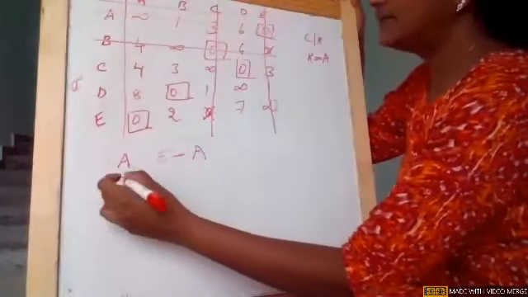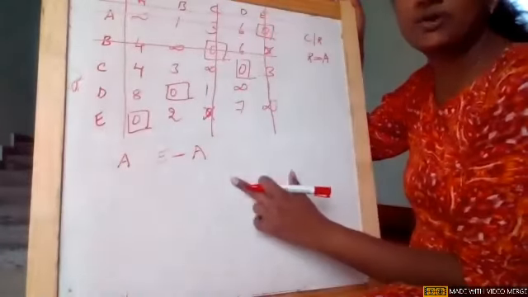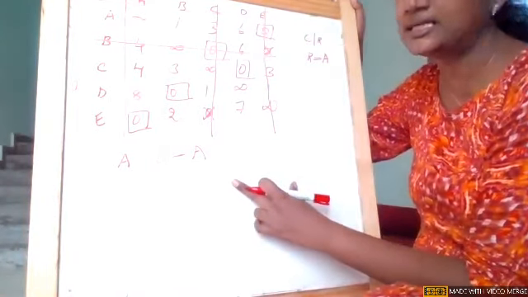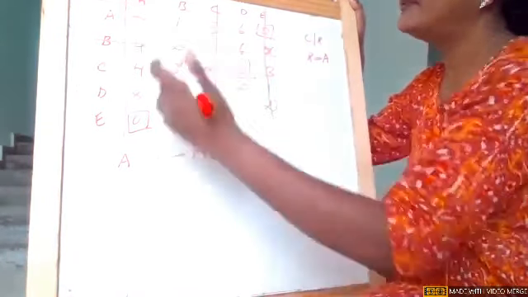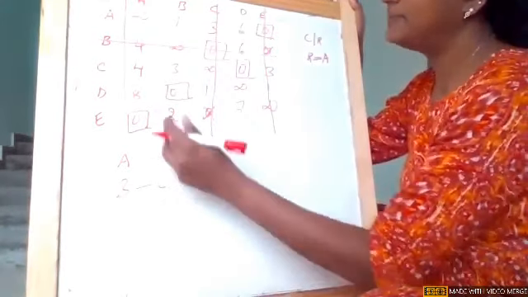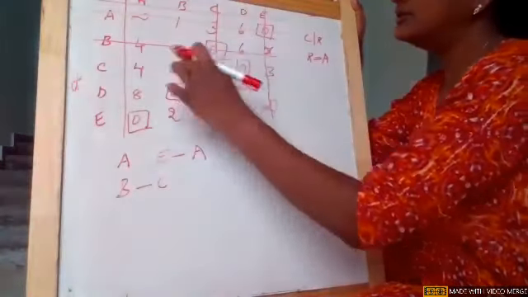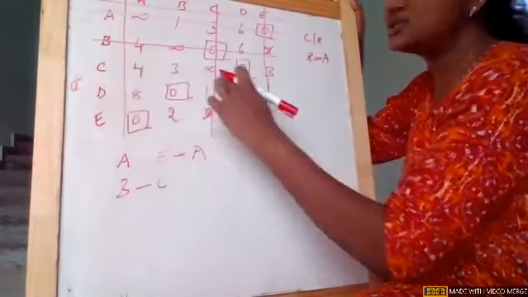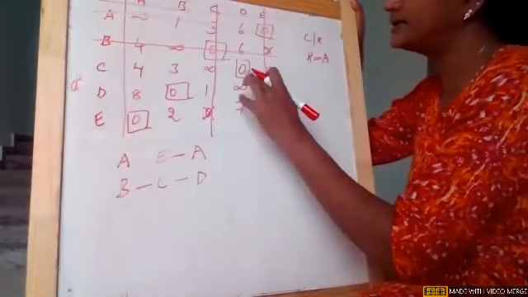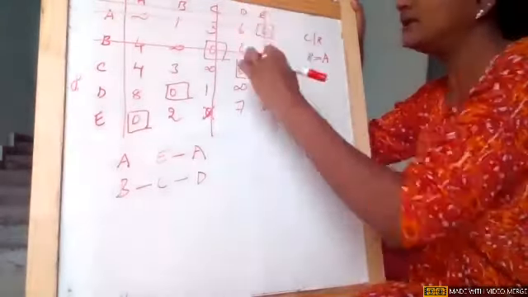Now if you see my next path, if it is the first assignment I did, girls, I need to cover all the cities. Yes or no? You need to cover all the cities and you need to end at the same position. Now if I take B, from B he is going to C. Now where is C going to? Wherever there is an assignment, I'll mark it. C is going to D. Okay, are you clear? From C, he is going to D.